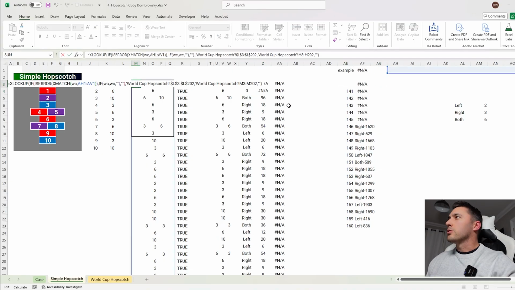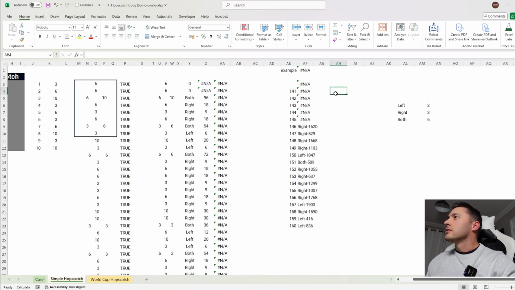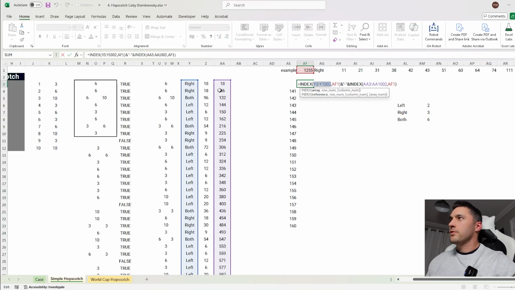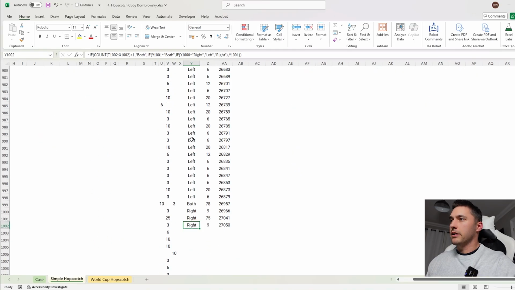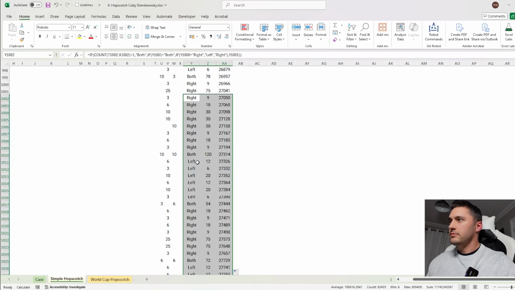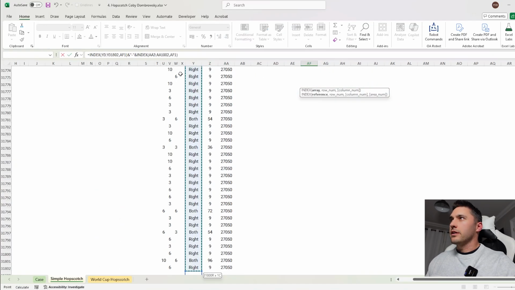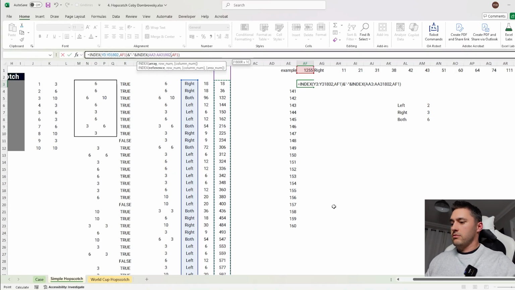And where's our stones coming on from? Again, I don't like this data table nonsense. Let's turn the data table off for a second and hope it sorts itself out. So I need a bigger, the reason this won't work is because I'm going to need a bigger drag down here. And then I'm going to change this to this. And I'm going to change this bit to this. And